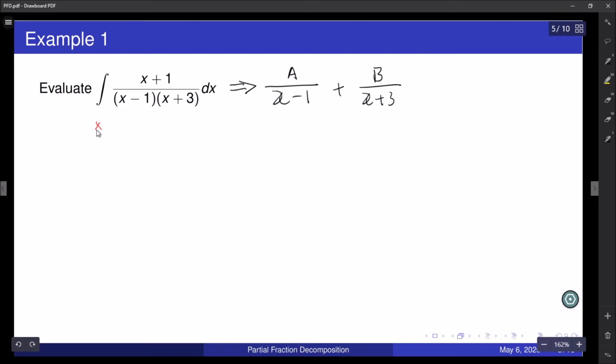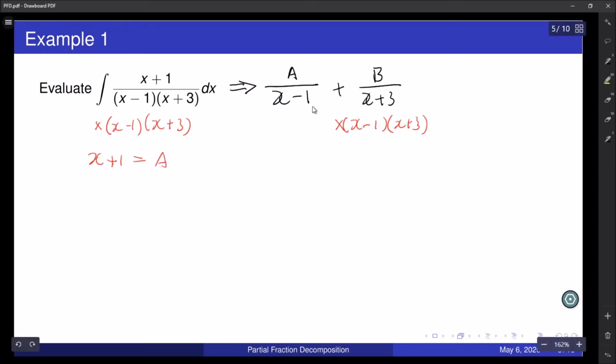So multiply everything by x minus 1 and x plus 3 times x minus 1. Wait, what am I doing? x minus 1 and x plus 3. What this does is that it can eliminate everything, so eliminate the denominator here and make everything easy to work with. So we end up with x plus 1 equals